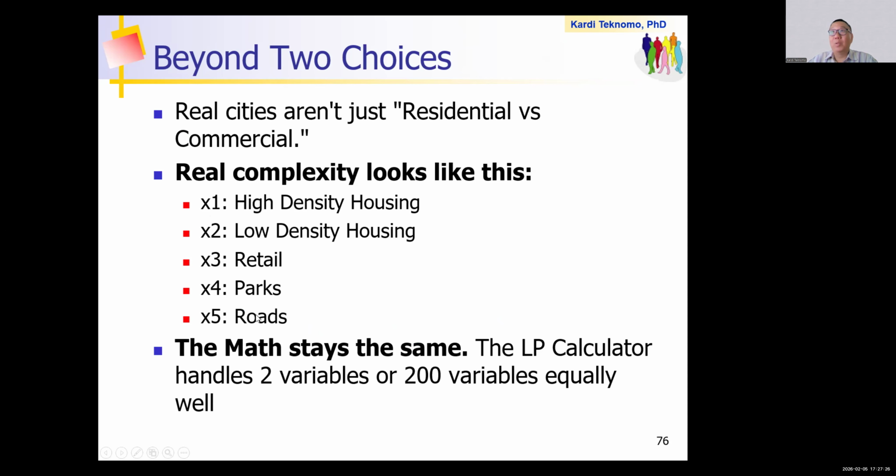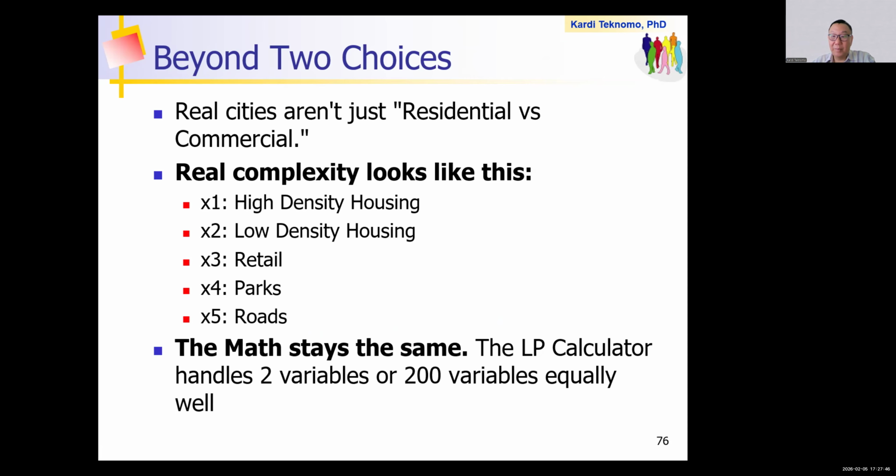So what is the good news here? The good news is the mathematics is still the same, the logic still identical. Adding more variables, all you need to do is add more terms in the equation.